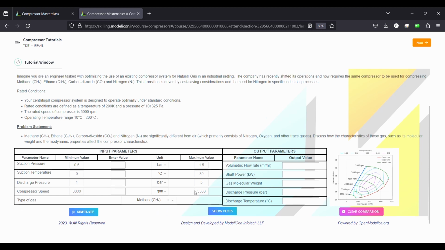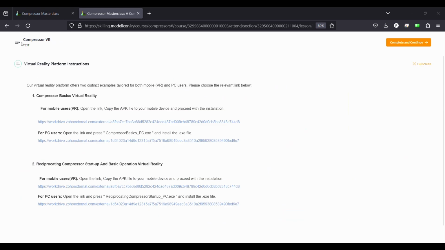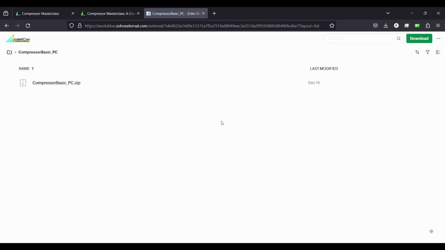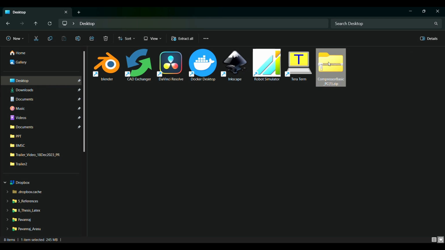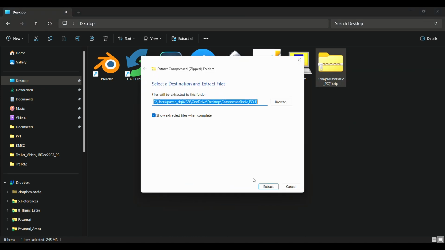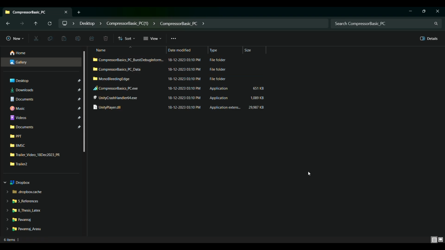Having completed the tutorial exercises built on earlier theory lectures, we now move to the immersive experience of the virtual reality component. The virtual reality platform offers two distinct examples tailored for both mobile and PC users. Please choose the relevant link below to download the .apk or .x file. Once the PC user file is downloaded, unzip the file and double-click or run the .x file to start the